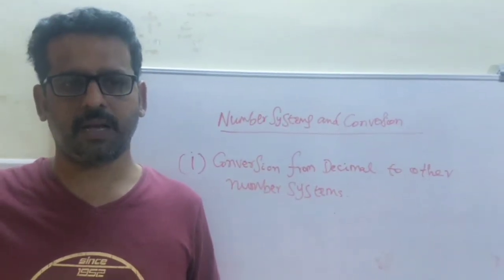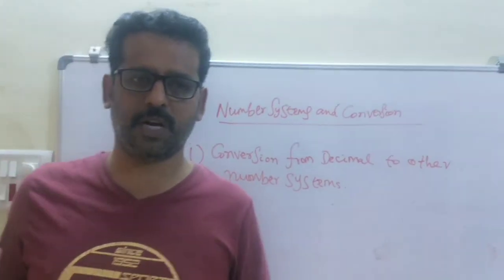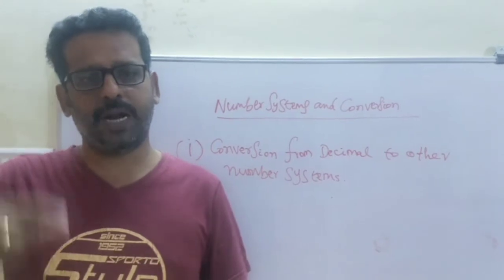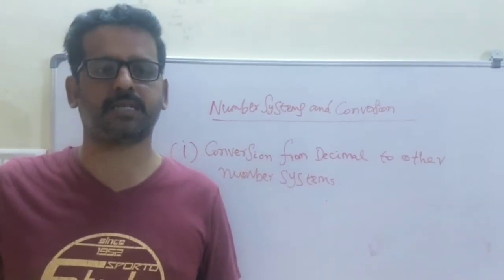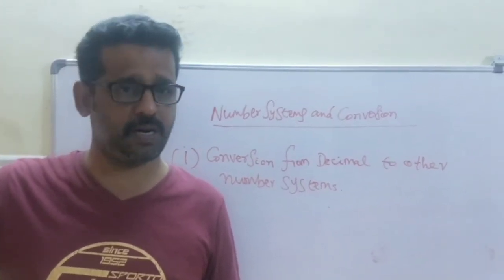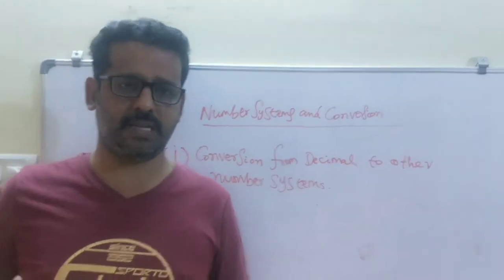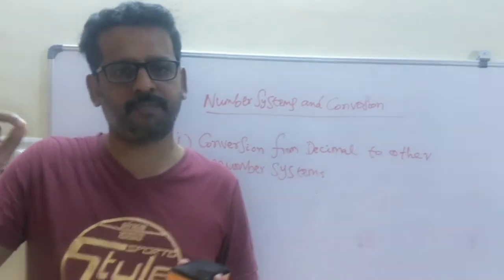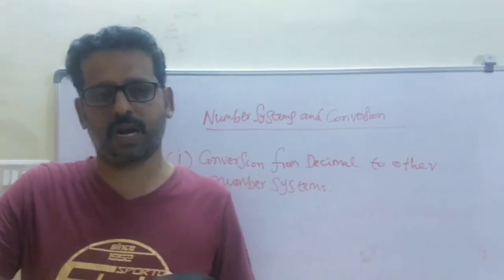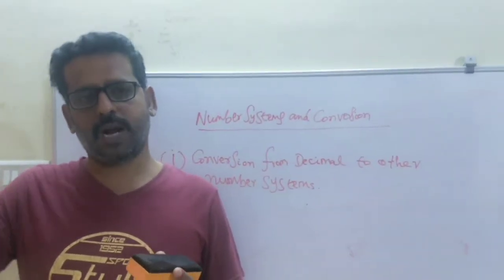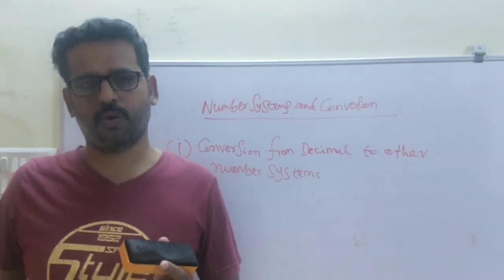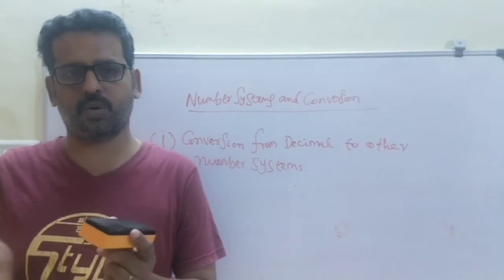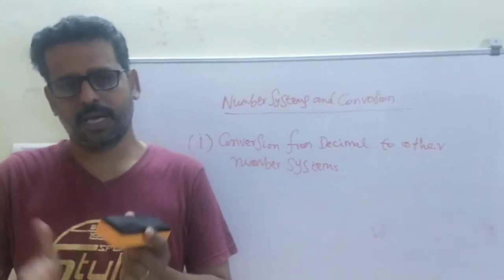Once again I will repeat. We need to split the procedure into the integer part and the fractional part. For the integer part, you divide by the base of the number system to which it has to be converted, and the accumulation of the remainders would be the result. For the fractional part, you multiply by the base, then write the values in the forward order. Then we combine the integer part result and the fractional part result to get the corresponding equivalent.